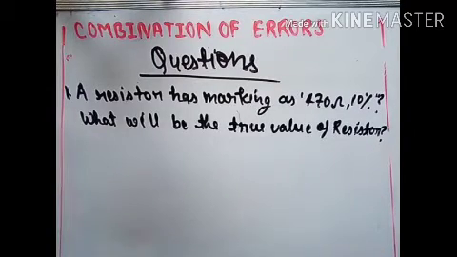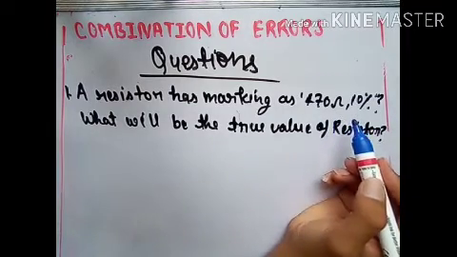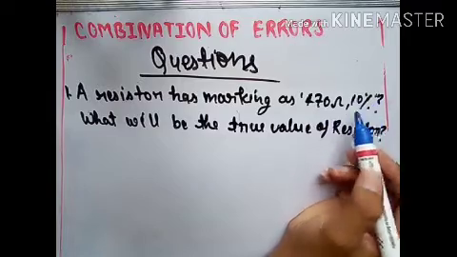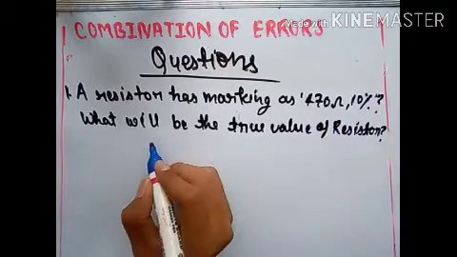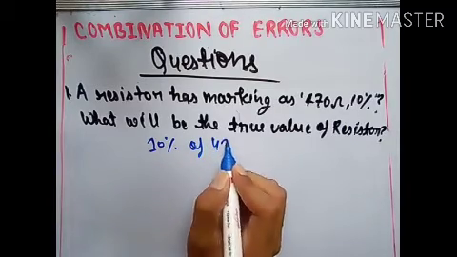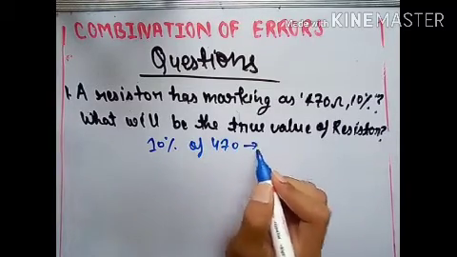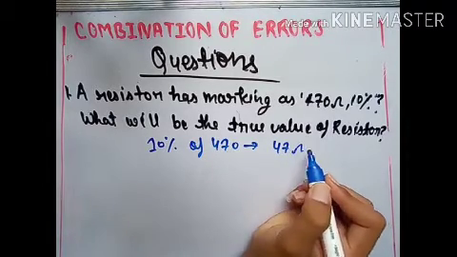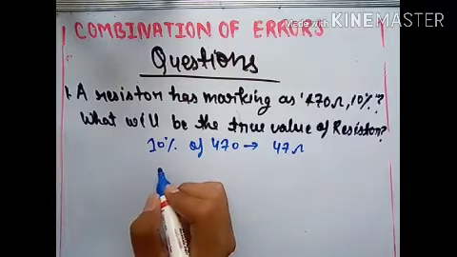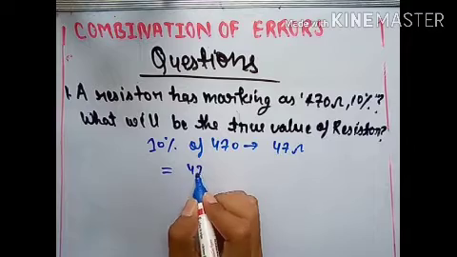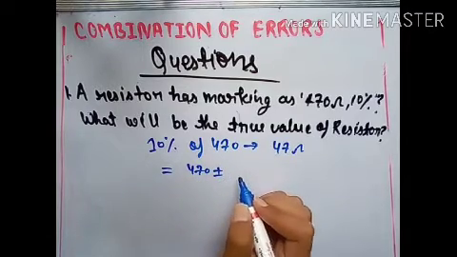So for calculating the true value, you know about the 470 ohm resistor and 10% its error. So for finding the error, what is the 10% of 470? Yes, calculate it. 10% of 470, good, 47. So 47 ohm is the error. Now the way of writing the value of resistor is equal to 470 plus minus 47